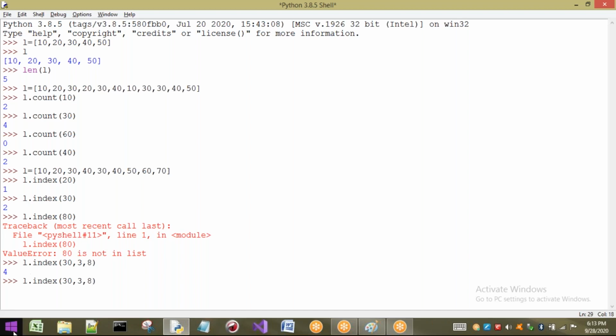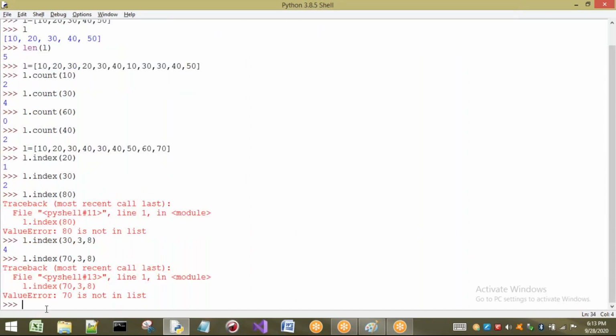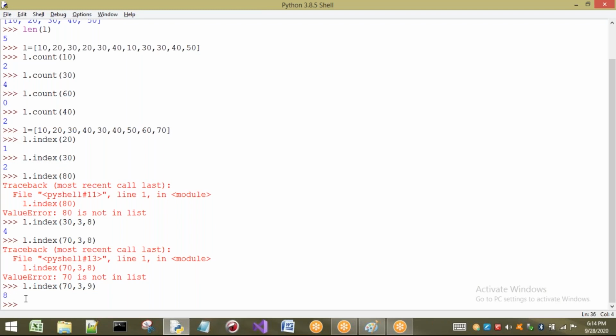For example, I want to consider 70. So if I take 8 here, I'm going to take 8 only and I will search for 70. So why are we going to get value error here? You may think that, sir, 0, 1, 2, 3, 4, 5, 6, 7, 8, in index 8 we are going to have 70. Why are we going to get value error here? Reason is, if we take 8, it is going to consider only up to 7. If we want to consider the last element in the above list, we have to take 9. That indicates it is going to consider 70 also, the 8th index also. So we are going to get the answer as 8.